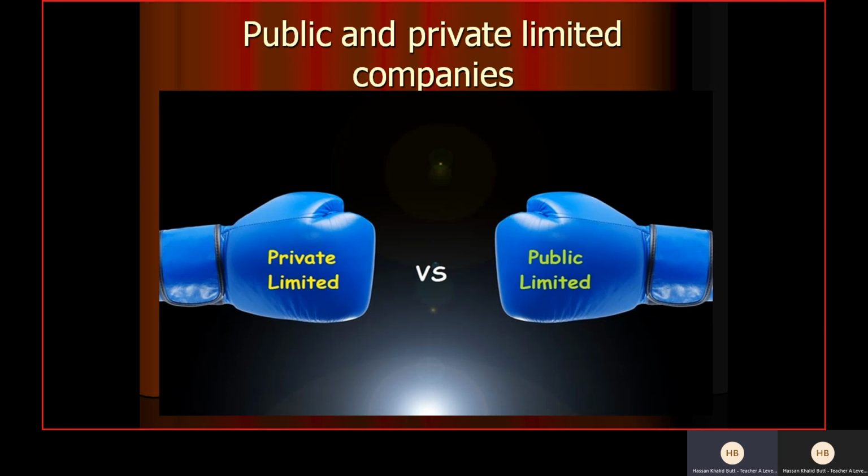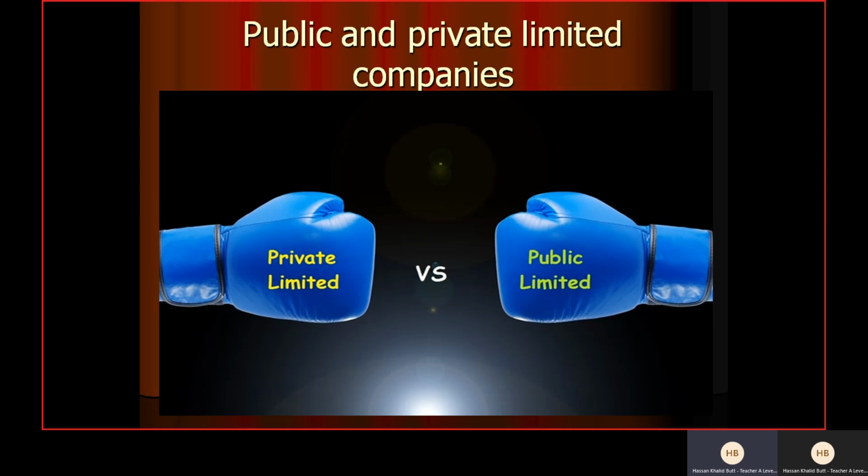Public limited companies are in the private sector, because we are discussing those types of businesses which are in the private sector, right? So public limited companies do operate in the private sector. So why is the word public there and what does it mean? Basically, public limited companies are able to issue their shares in the stock exchange. And stock exchange is basically a market where shares are bought and sold, right? And we did discuss what a share is.